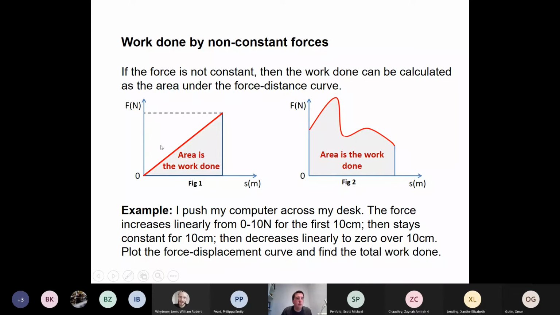This is related to the maths of integration, which I don't think you've covered yet, but which is just a word to be aware of. Integration will tell us the area underneath a curve, and that turns out to be extremely powerful. One of the places where we might use it is in working out how much work is done by a variable force. So just looking at this example at the bottom of the page,